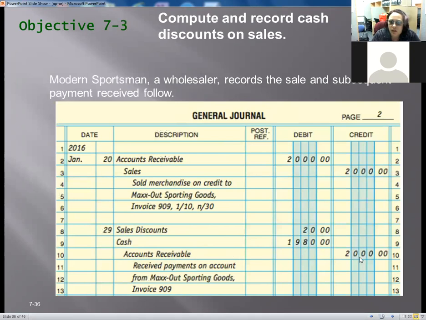And then here's the accounts receivable. So what you do is, if they paid, I love this, they've got an invoice number, and this is net 30, which is just due in that 30 days. That's what N/30 is. It just means it's due within 30 days. If you have 1/10, that means you get 1% if you pay it within 10 days.